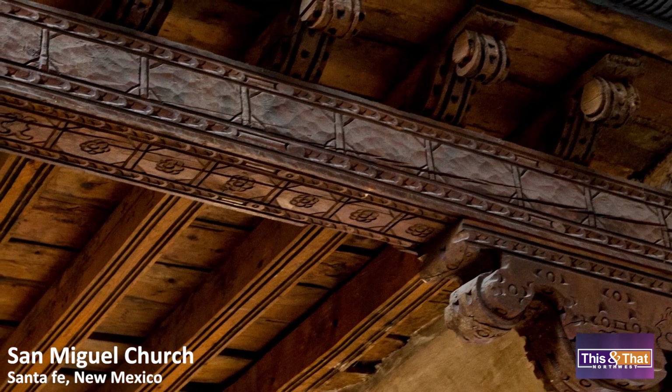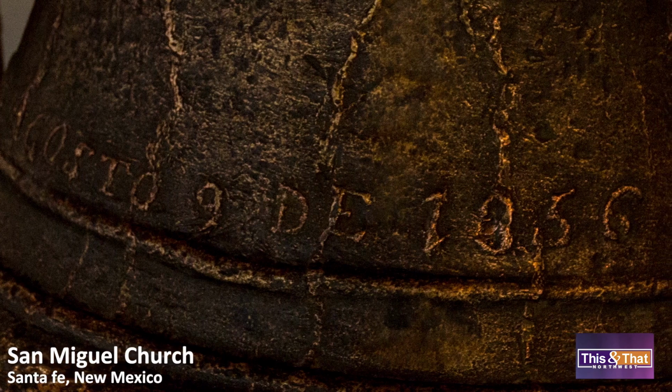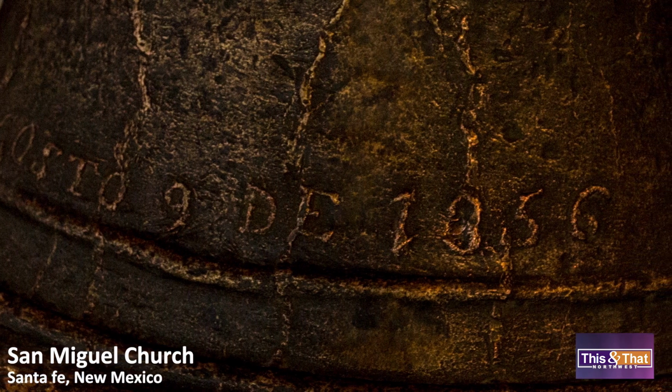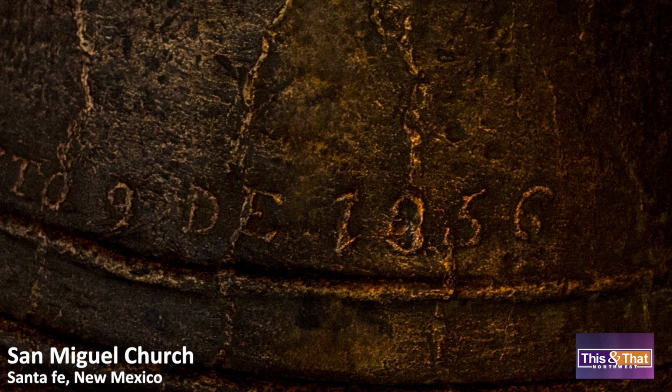The oldest piece that we have is the bell. It's the oldest one in North America. The date on it is 1356. It was forged in Spain when the Christians were fighting the Moors. And at that time, the people of a village, San Jose in Andalusia in southern Spain, prayed to Saint Joseph. And they said if they won the battle with the Moors, they would dedicate a bell to him, and that's the bell that they dedicated to him. So it says on it the date 1356, and it also says San Jose rogad por nosotros, Saint Joseph, pray